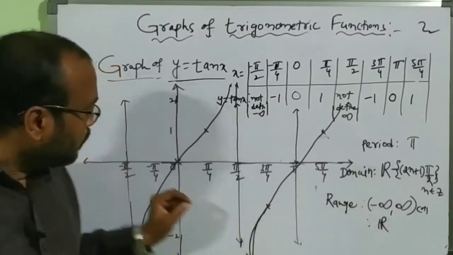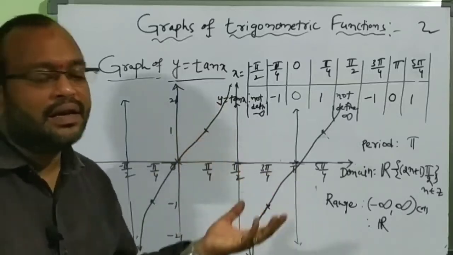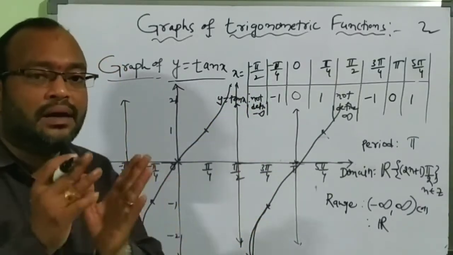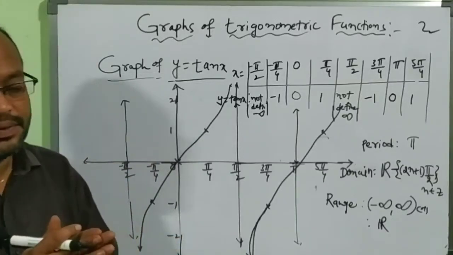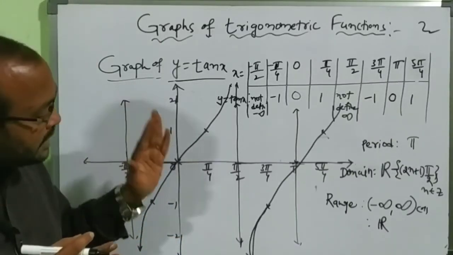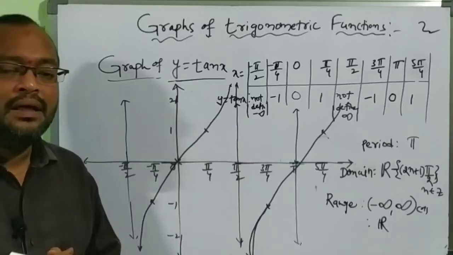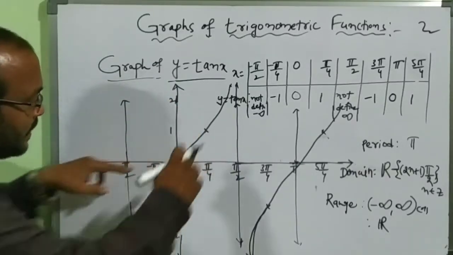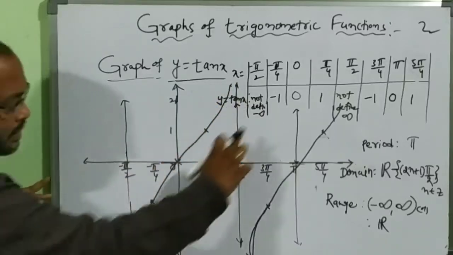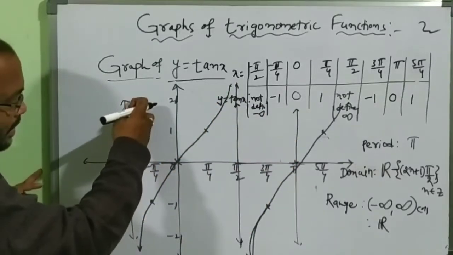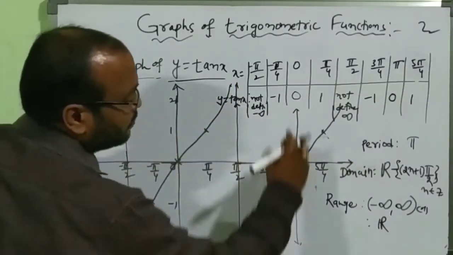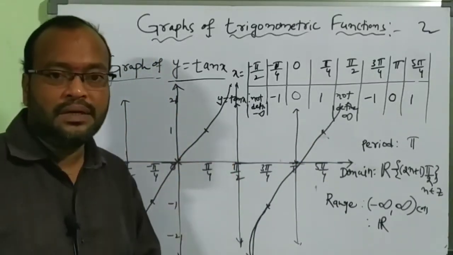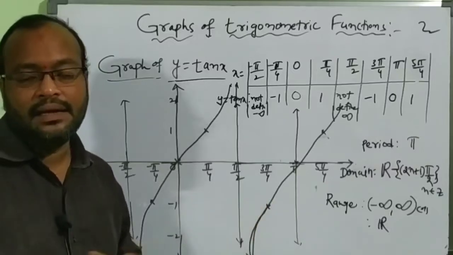Is it clear? So where the function is not defined, there it is not continuous. So sometimes it is continuous and sometimes not continuous. So some particular values it is not continuous. So by using the same concept, we will draw the graph of y is equal to cot x also. In tan x we are getting the values like this. In the cot x we will get the graph like this here, like this. Once you simplify or draw that graph, you will observe what is the difference between the tan x and the cot x.